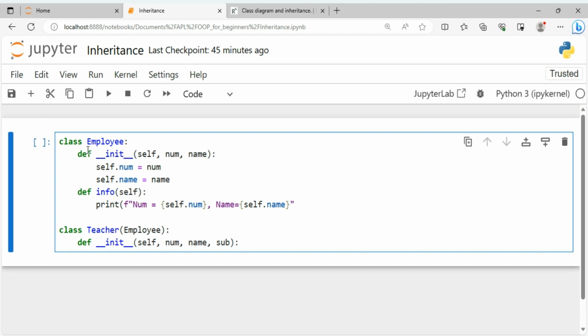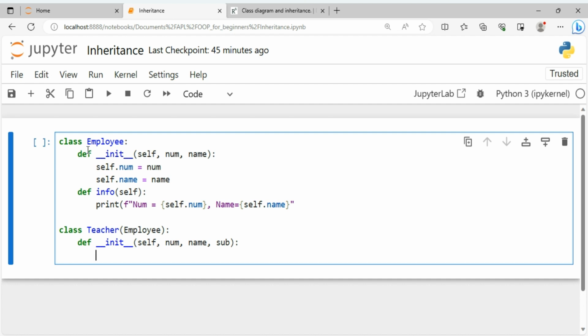And in the body of this constructor, first of all we'll invoke the parent class constructor, and this is invoked by the super keyword, super parenthesis, then dot init, and in the parameter list we will provide two parameters, num and name, which are already instance variables of the parent